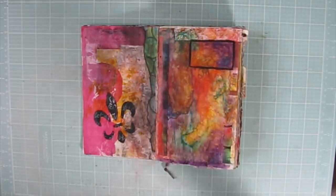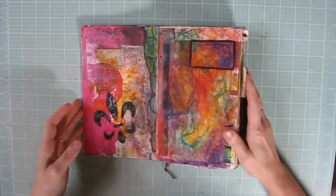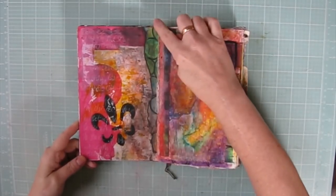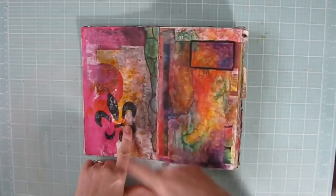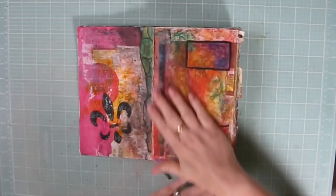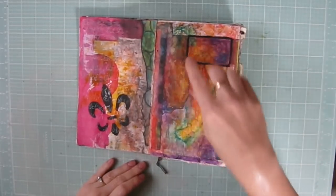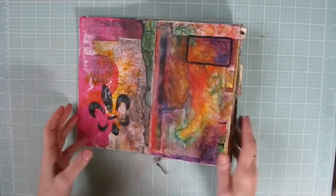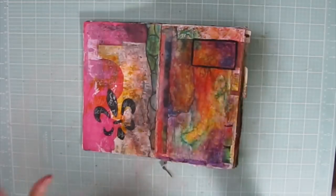Some of them had quite a bit of color because I would use pieces of drop paper, pieces of a background for another page. If I was using a stencil and had some paint I needed to use up, I would do that on there. But this page right here was pretty much plain until I went in and just started blobbing on watercolor. And I used a lot of color. I like really vivid watercolor. Occasionally I'll do a pastel, kind of washy look,